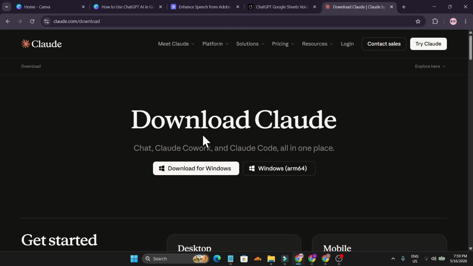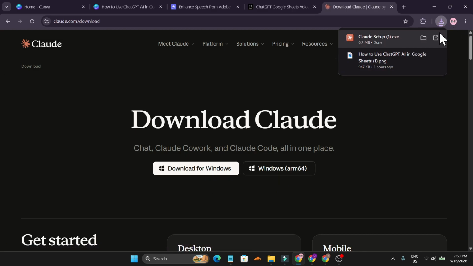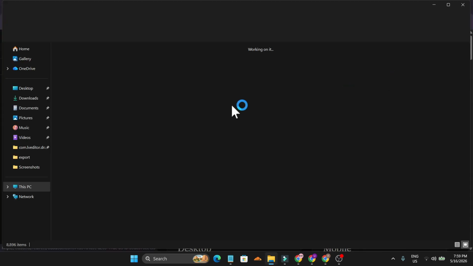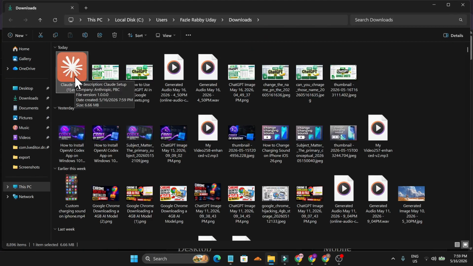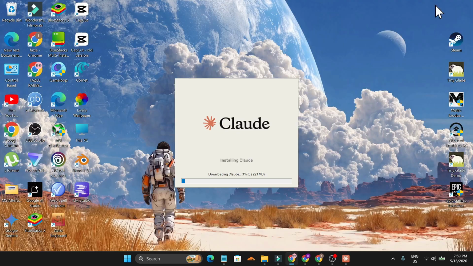Just click on it and you can see there's the option of download for Windows. So if you have Windows ARM64, you can download this. So just click on download for Windows and as you can see, it will start to download and it's already downloaded on my PC. So just go to the folder, double click to open the exe file, and now as